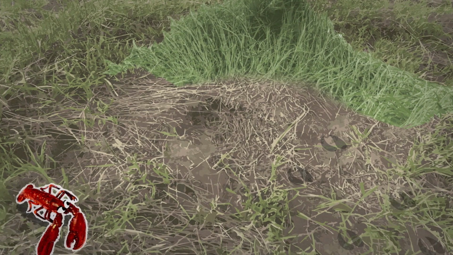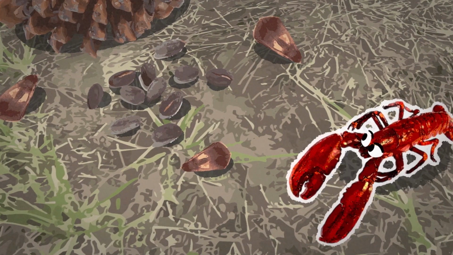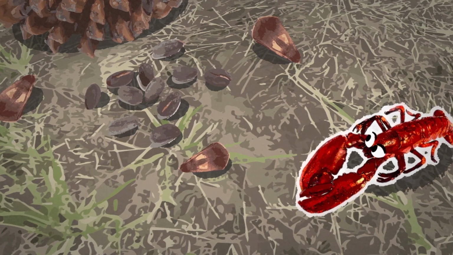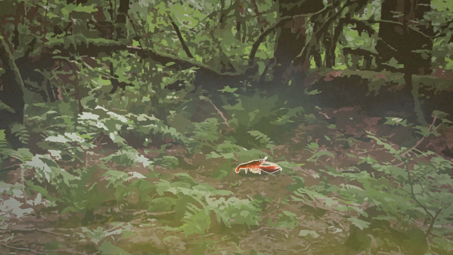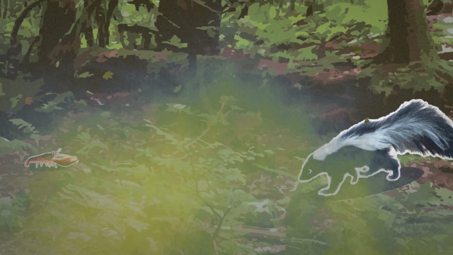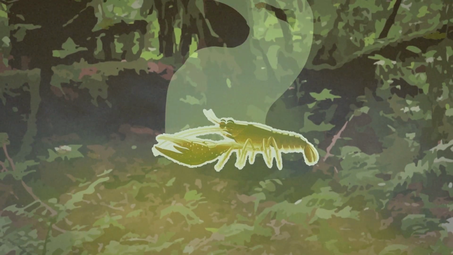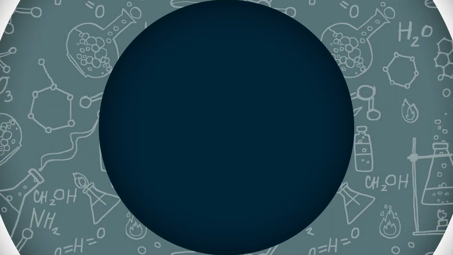Now he's found a bed where a deer has laid down for a nap. And there's a little pile of pine cone scales where a squirrel has been having a snack. Looks like he smells something really strong. Oh no, it's a skunk. Watch out, Claude. Claude is gonna need a bath after that. So Claude got to go out in the field and look for tracks and all of these things. I think we